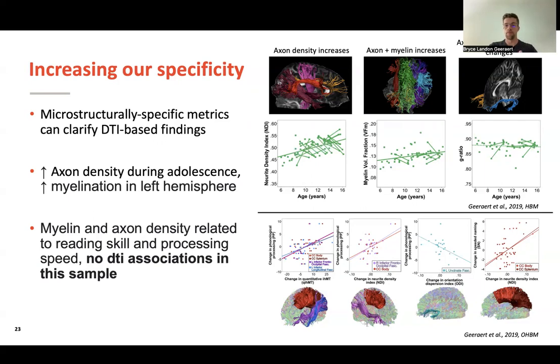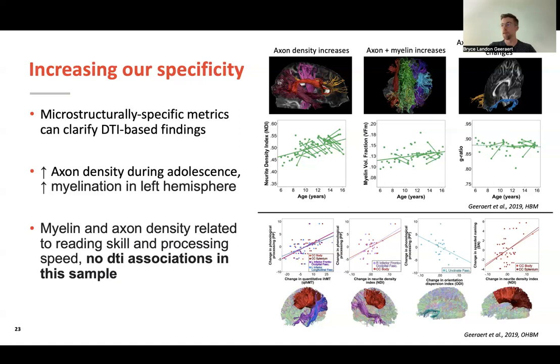Or in the middle, there's a big set of regions that were experiencing increases in axon packing and myelination. So that allowed us to kind of comment on the features that were driving our DTI-based changes. On the bottom, I have another example of findings I reported at a previous OHBM, showing relationships between microstructural features. There's a myelin sensitive metric in there. There's an axon packing or neurite density sensitive metric. There's even a fiber coherence sensitive metric, and each of those things was related to changes in reading related skills